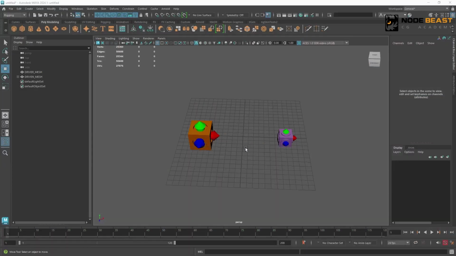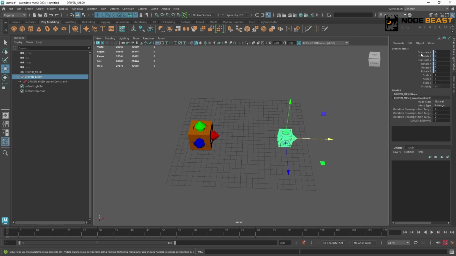Let's take a look together at some things about constraints, some operations that I personally find really convenient and useful. So let's look here. I've made a parent constraint between these two models. It's the exact same behavior as what we've talked about before. Now, if we select this driven object, first, just like we mentioned, we'll see in its channel box that some of the attributes have turned into this light blue color. This just means it's being constrained by an object.